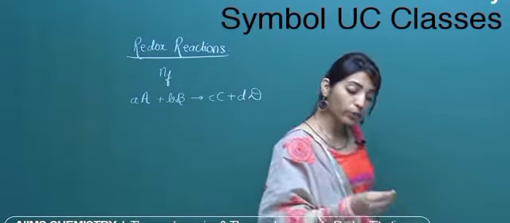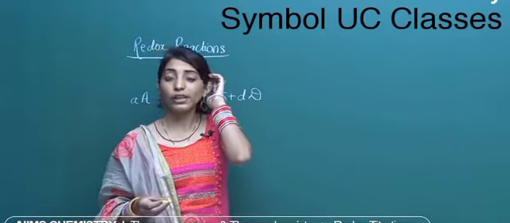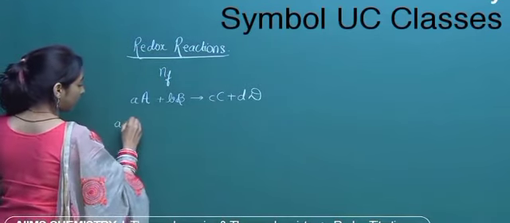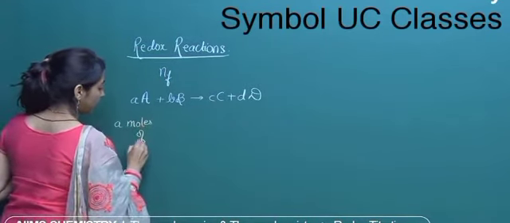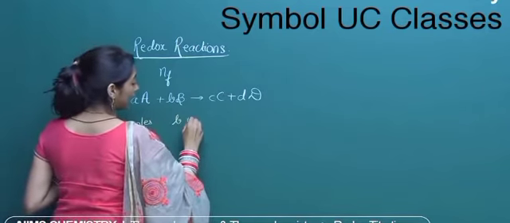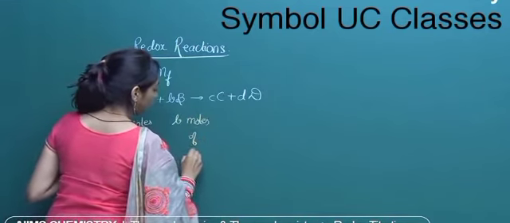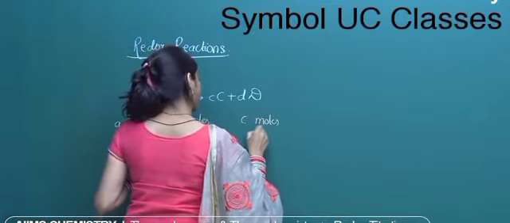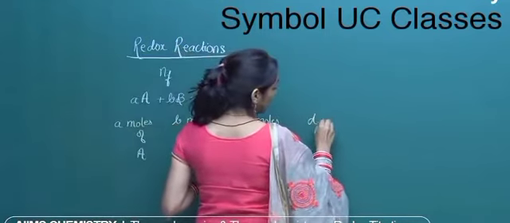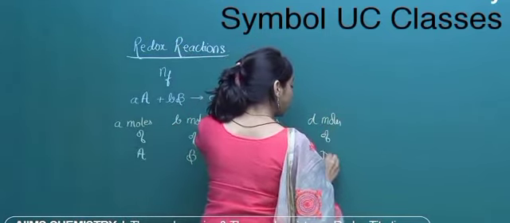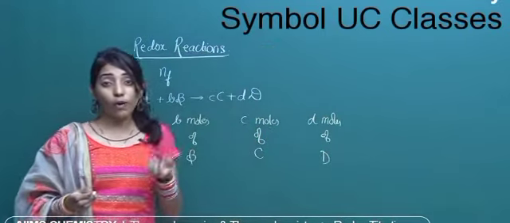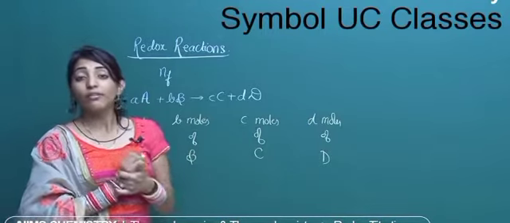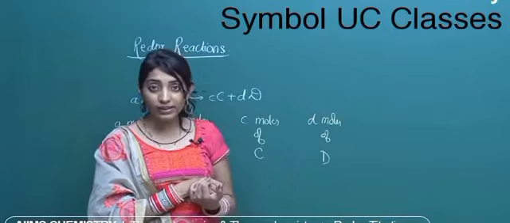So I already told you that if it's a balanced chemical equation and you want to talk about the number of moles, then you can simply write that a moles of A will be combining with b moles of B, and this will lead to the formation of c moles of C, and correspondingly d moles of D will be formed, right? So this was what we discussed when we were dealing with stoichiometric coefficients, in terms of number of moles, right?